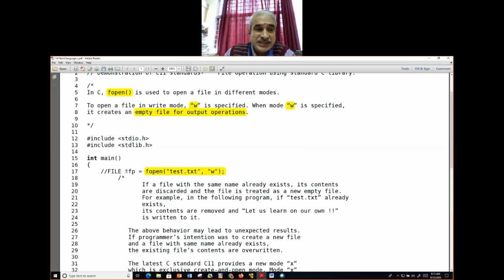Similar to that, there is something called, this is any name you can give. It could be Manoj, it could be Himarashmi, it could be anything. And this is a pointer to a file type. So you have an integer, a character, a floating point number. Similarly, file type. The FP could be any name. It is a pointer to the file type, and whatever fopen returns is a file descriptor, a pointer to the file.